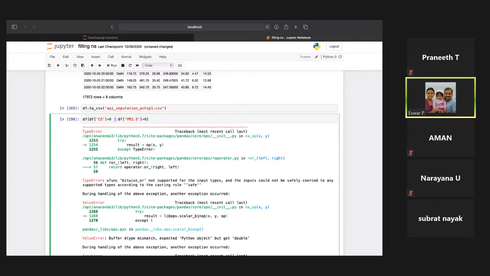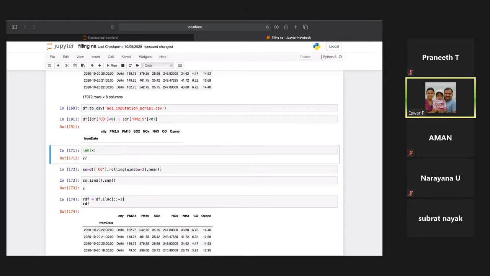Keep like that. Put brackets with the first df up to 0. Same for the second set also. Enter. So the same way, try to keep the 7 columns.